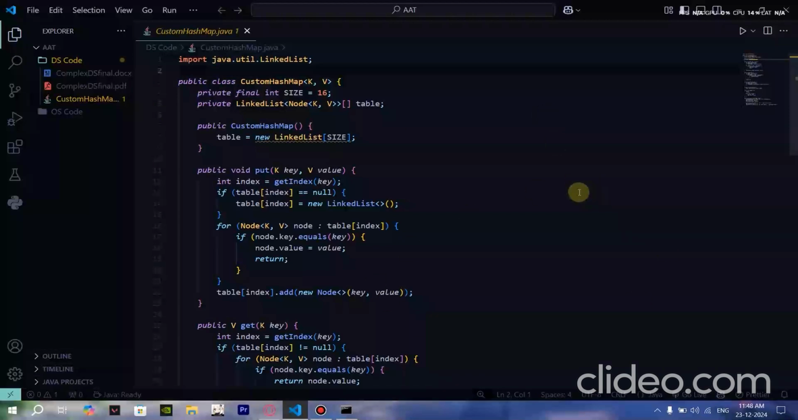As you can see in the code, first we import java.util.LinkedList, which is the linked list class, since we use it to manage collisions through chaining. This class is called CustomHashMap and is generic, meaning it can store keys and values of any type. At the top, we define two instance variables, where the first one is size,